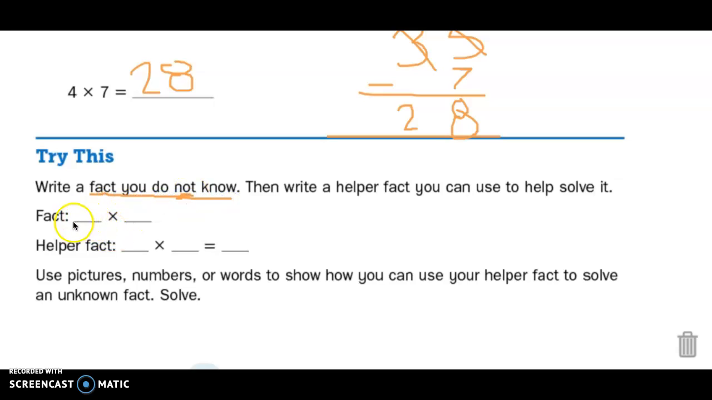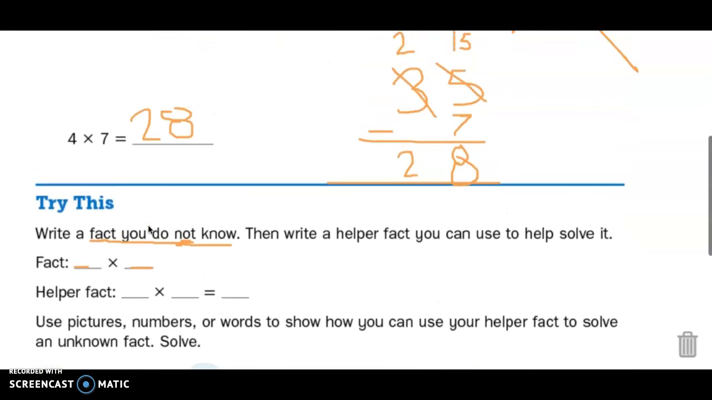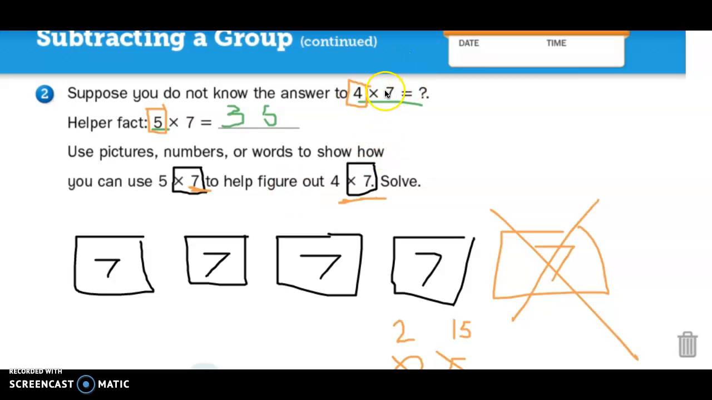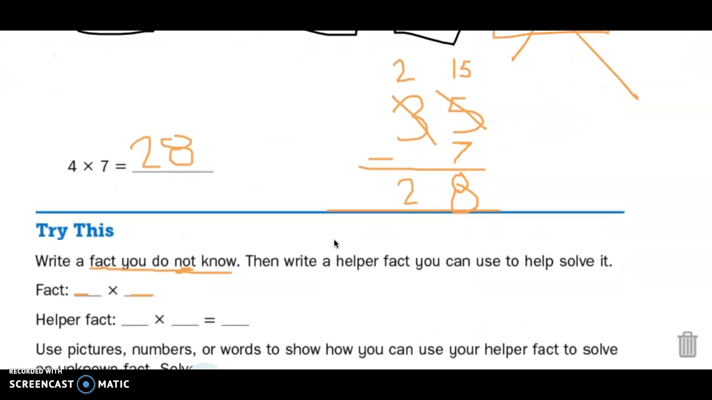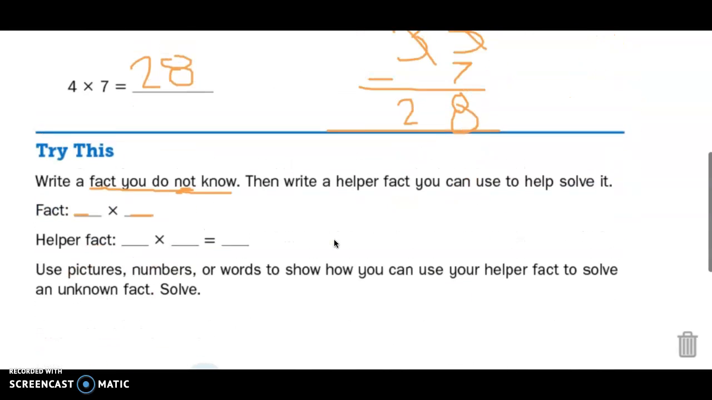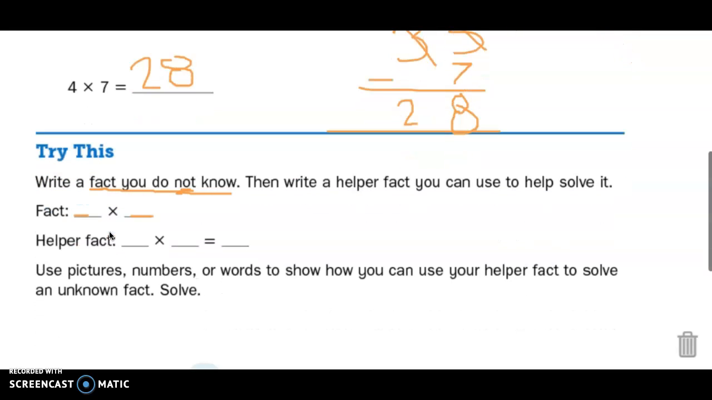A fact you do not know. That means this factor and this factor cannot be zeros. It can't be 1s either. It can't be 2s. It can't be 5s. And it can't be 10s. Because we know how to count by those easier than we know how to count by, let's say, 7s or 8s or 9s or 6s or 4s or 3s. So you put 2 factors that you don't really know how to count by, and then you figure out a